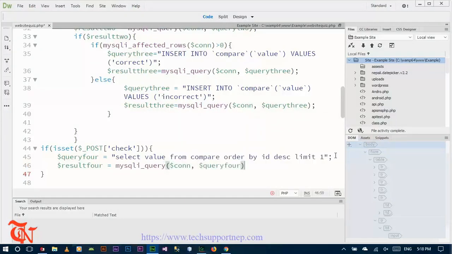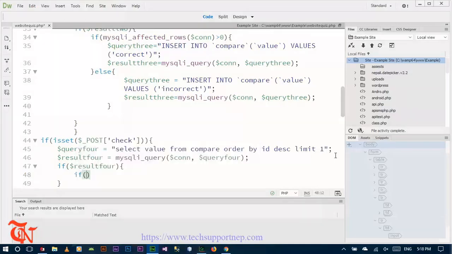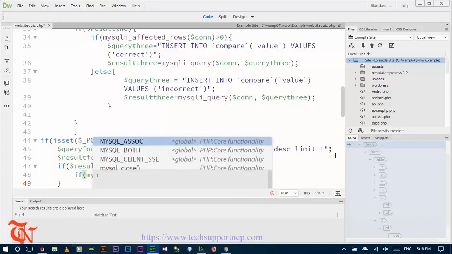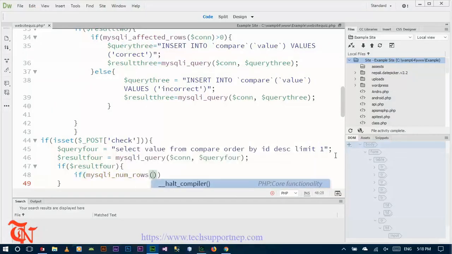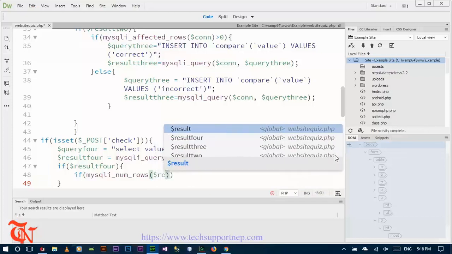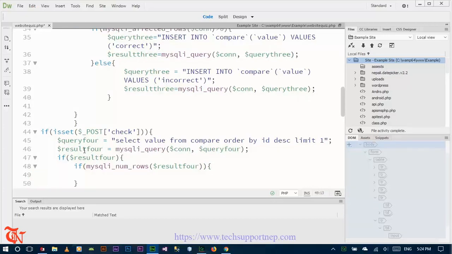Query for, if there is result for, if mysql_num_rows here goes result for, that means this query stores the number of rows from our database, and then if there is a number of rows, that means this query extracts the number of rows from the database, and if there is result, and if there is a number of rows in our database,